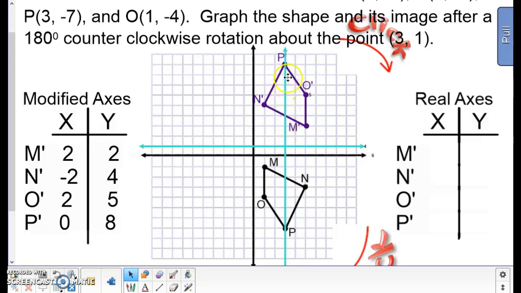It should be the blue origin. The P should be pointing up. It should be kind of straddling the two quadrants, exactly where we wanted it to be. Now, one thing that's kind of cool with